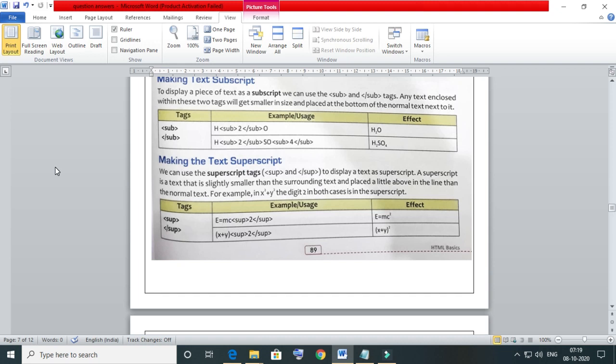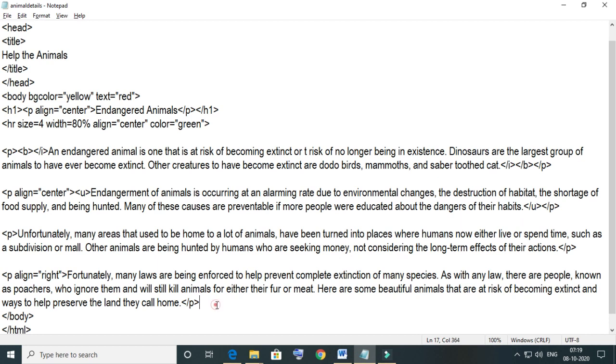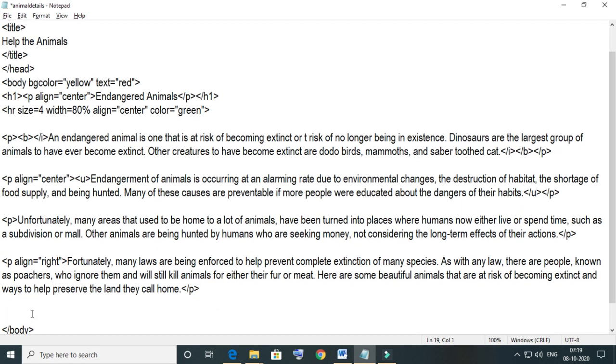And similarly in case of superscript, so let us mention them in this notepad. Just come to the last of the page and write them.